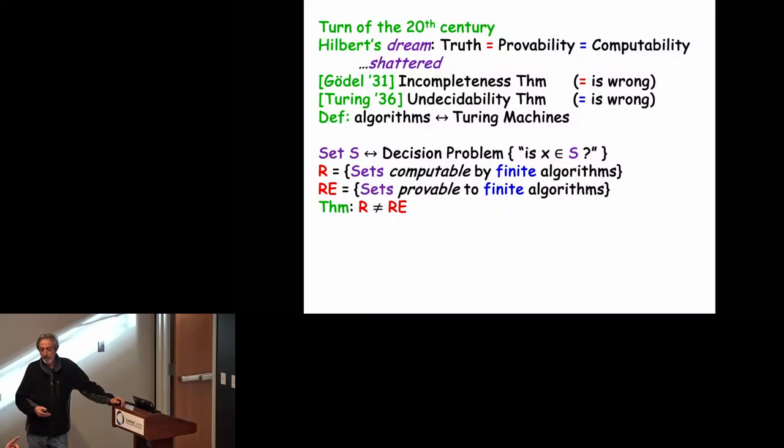What's the difference between R and RE? Yes, so for R, there's an algorithm that can decide by itself whether x is in the set. That's decidable. And RE is something that someone can do for you and just convince you: somebody gives the proof and you verify it. So undecidability, it's important to get the difference.